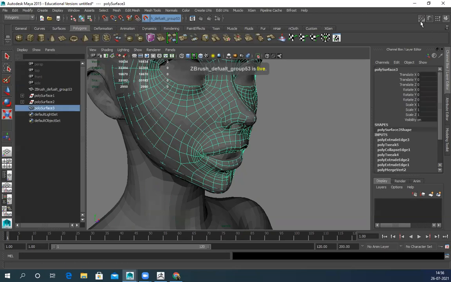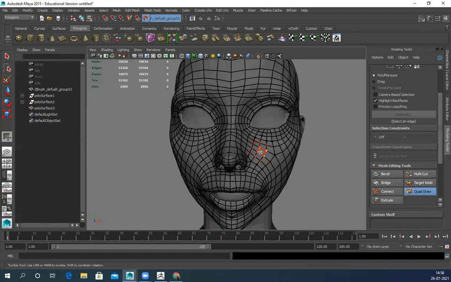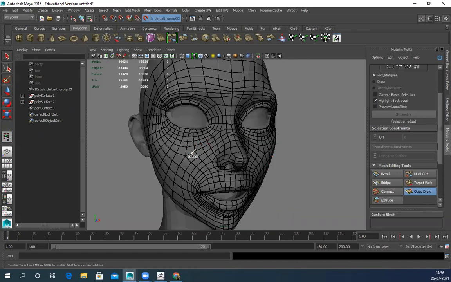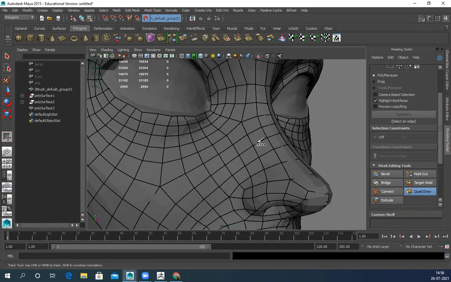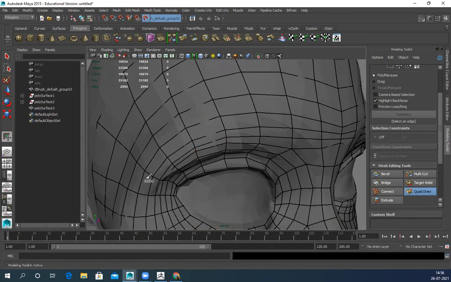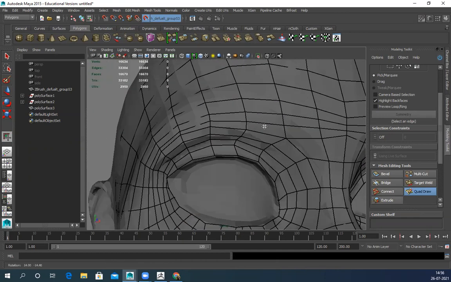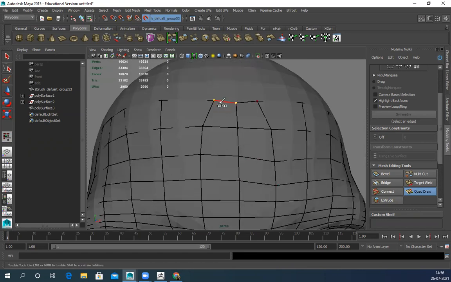Eye surface. Select the model. Quad Draw. Symmetry is on. Like this older version, symmetry doesn't work properly in Quad Draw. So that is something I could do only on one side.